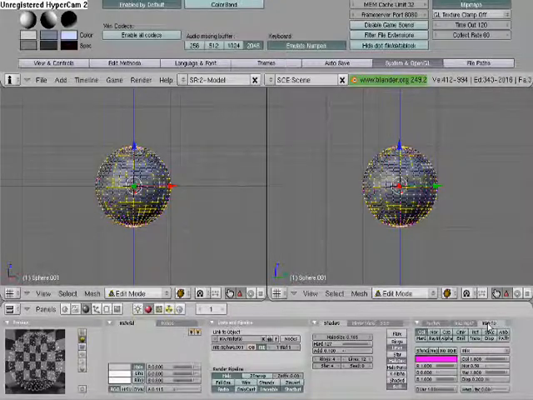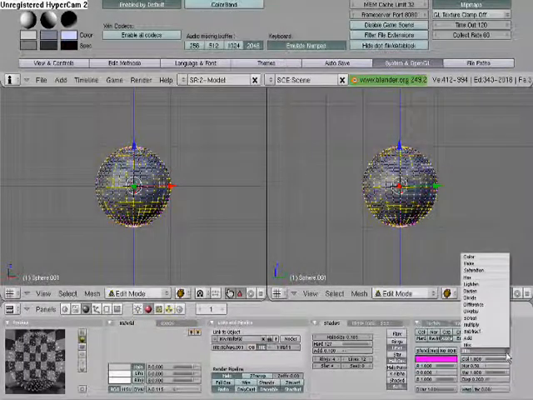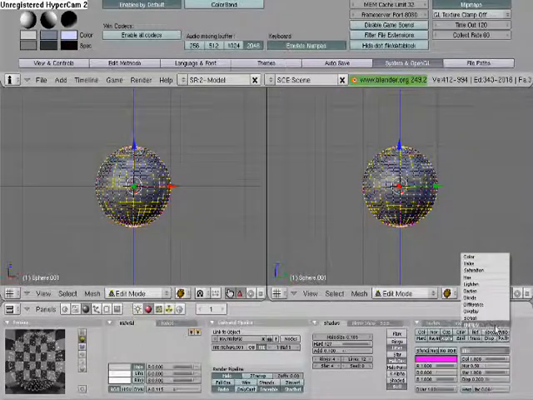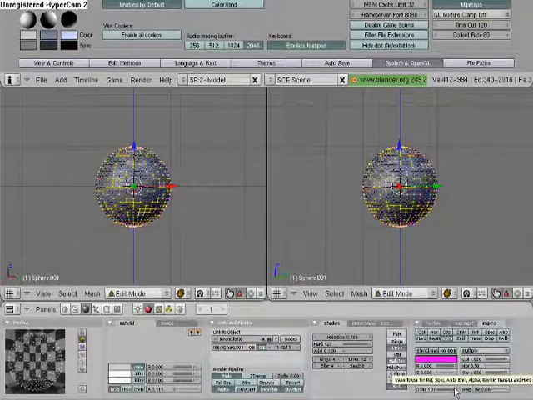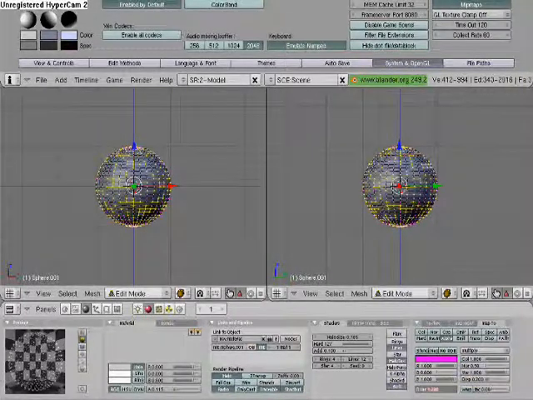Now in the map 2 section, we're going to get rid of the color, put in the alpha, change the mix value to multiply, and this part is very important if you want the aura to actually be transparent and you can actually see the object that the aura is flowing around. We're going to actually cut this sucker in half, so type in 0.5, and now we're going to the texture